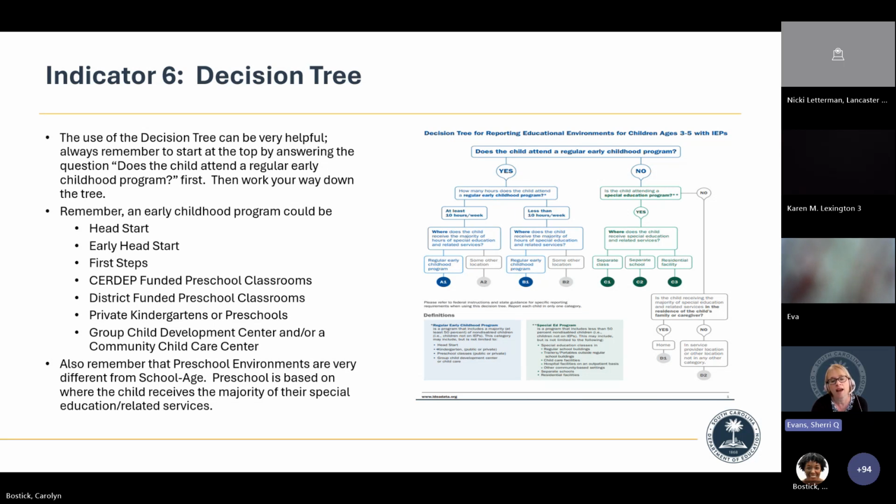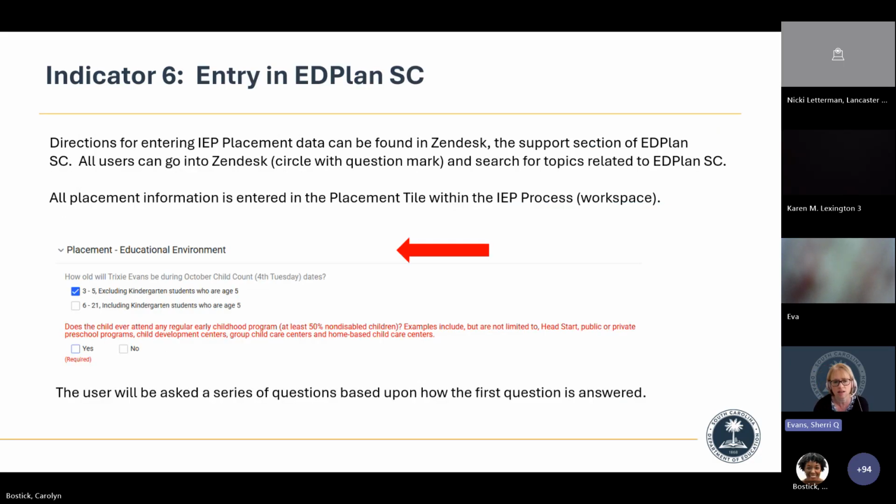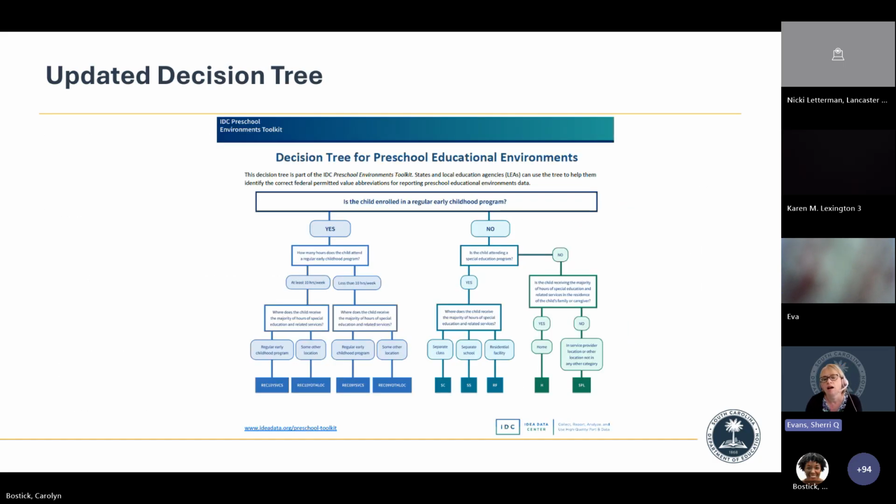Okay. Now, Carolyn, if you'll go to the next slide, this is an updated decision tree. I just like the old one because it has those definitions. But either one you use, it's going to get you to the right place. Okay. Suzanne, we've got these available in several different places. You'll find them in the New Directors folder, but I can also give these to Carolyn to put in the resources section of your folder for your data folks.